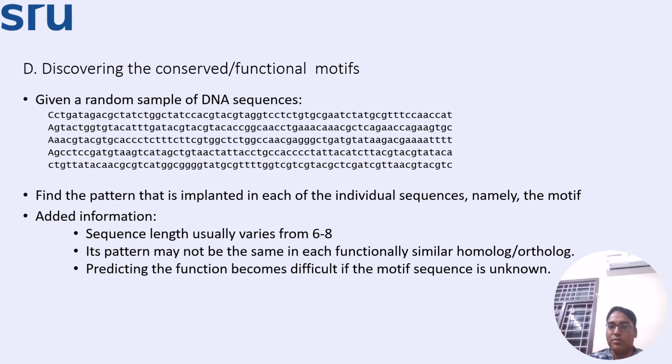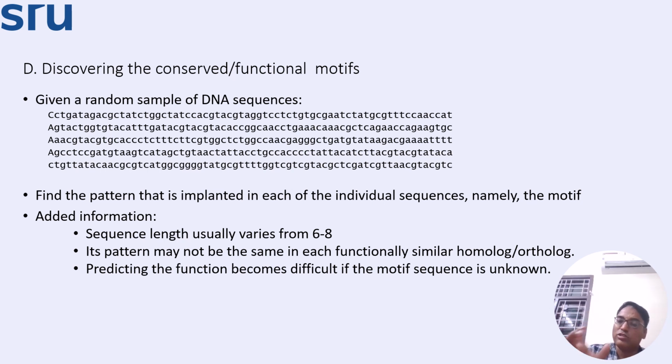See, the next application of all these sequences is motifs. Sequence motifs you can easily find out from different sequences. So besides this network part, sequence motif is the next part. What is a motif? A motif means a functionally conserved stretch of bases. For DNA or protein, it may be termed DNA motif, protein motif, sequence motif, structural motif, but the meaning is the same. Motif means conserved part.